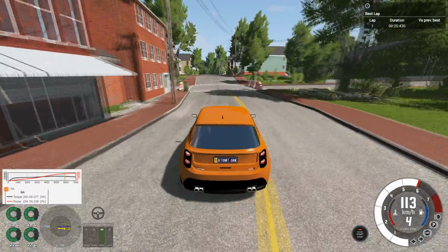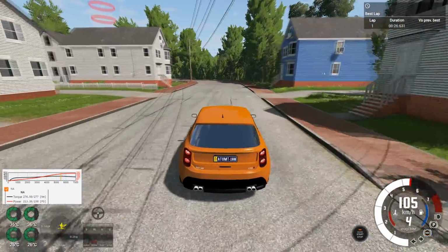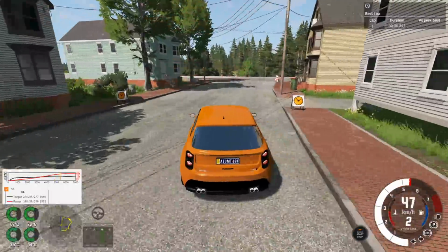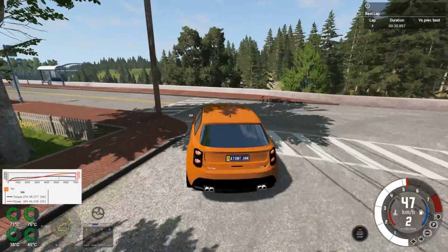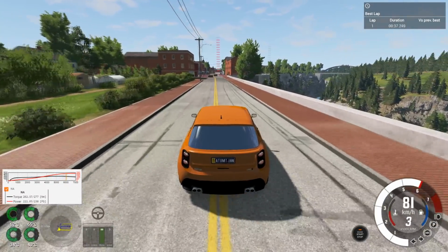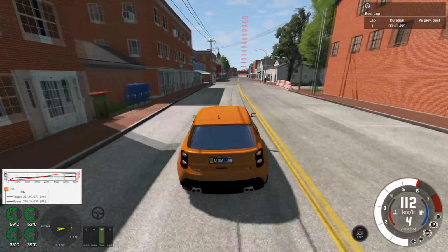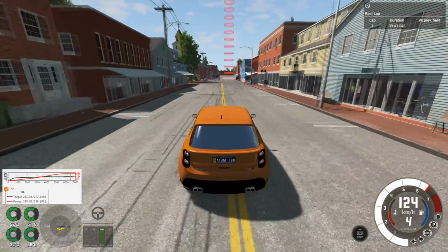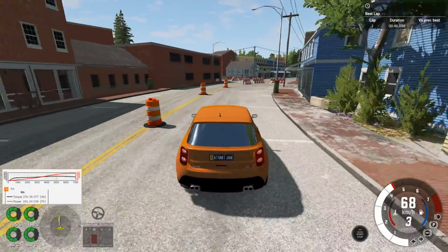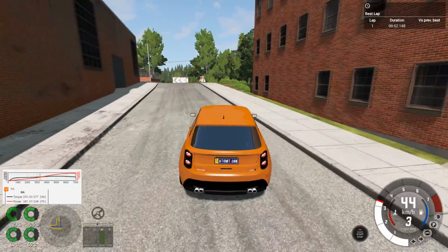Now, off of this jump, again, is a dangerous section. Thankfully, I haven't had too many issues with that. I remember in the showcase, I did have a few. Ooh, not even close to hard enough on the brakes there, but that does give us a good entry into this corner here, which, if you turn enough, can be a pretty fast corner. That's probably one of the fastest corners in this entire track, because coming up again, we're at that slow section. Okay, we really have to hammer on the brakes and then glide on in here, try to